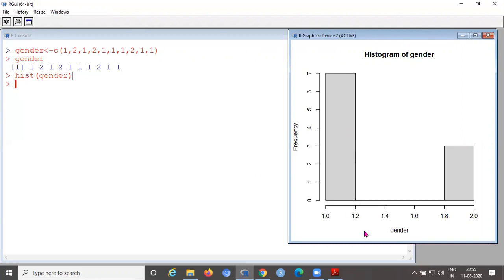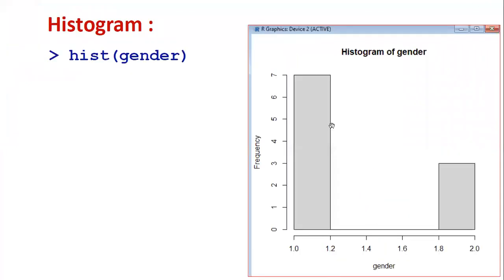In a bar plot, for each category, one bar is created. Whereas in a histogram, the entire data is divided category wise into group 1 and group 2. Group 1 is male, group 2 is female. In between the ranges, it automatically splits based on those values. That is the difference between histogram and bar plot.